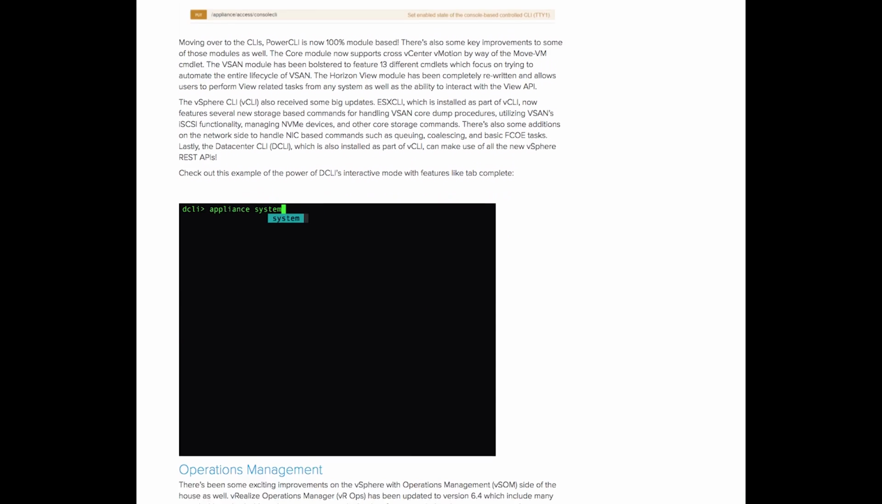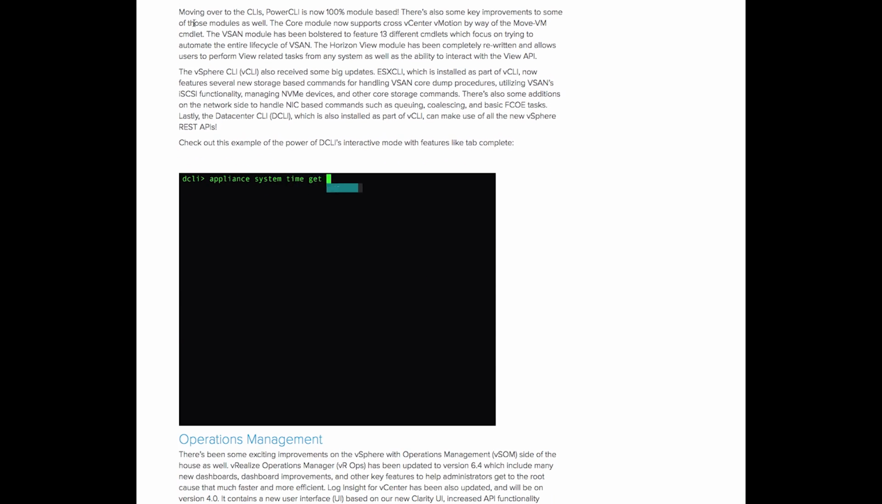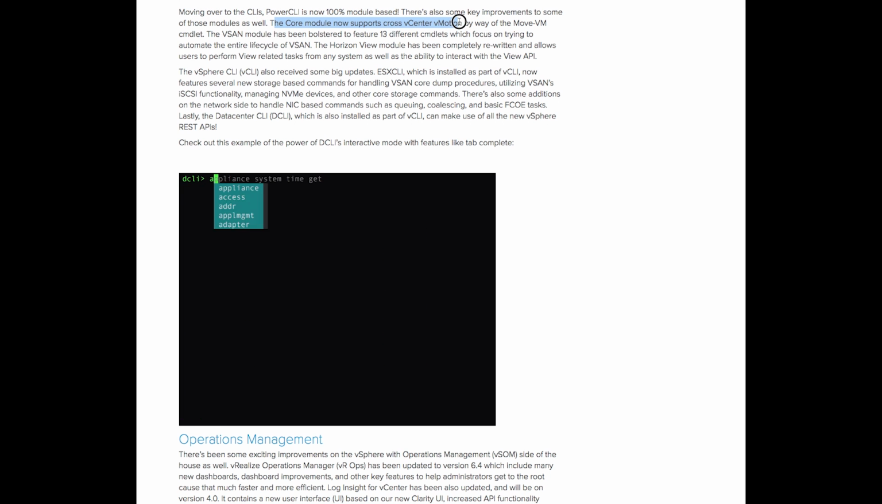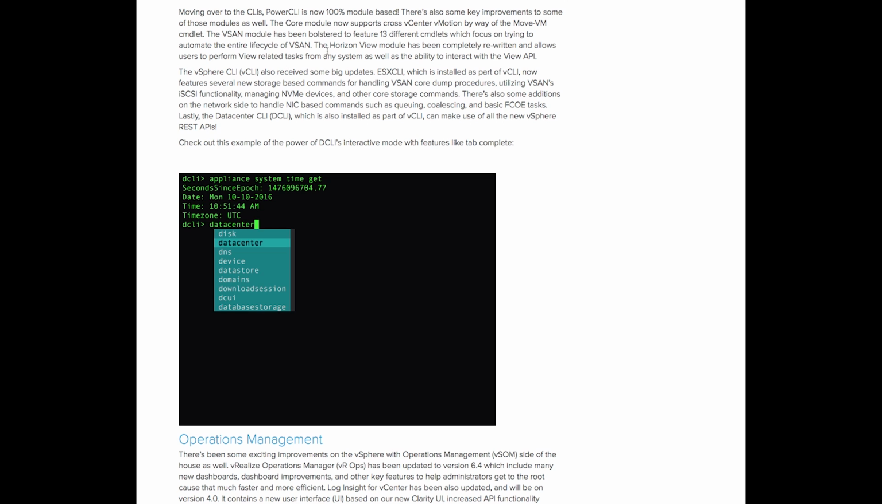Now, one of the major changes that has come in is in terms of CLI. So PowerCLI is now 100% module based. Essentially what has happened is you have individual modules which have been baked in, and depending upon the feature sets that you're talking to, those modules are easier to manage and update as time goes on. Now you have core modules which support vCenter, vMotion,